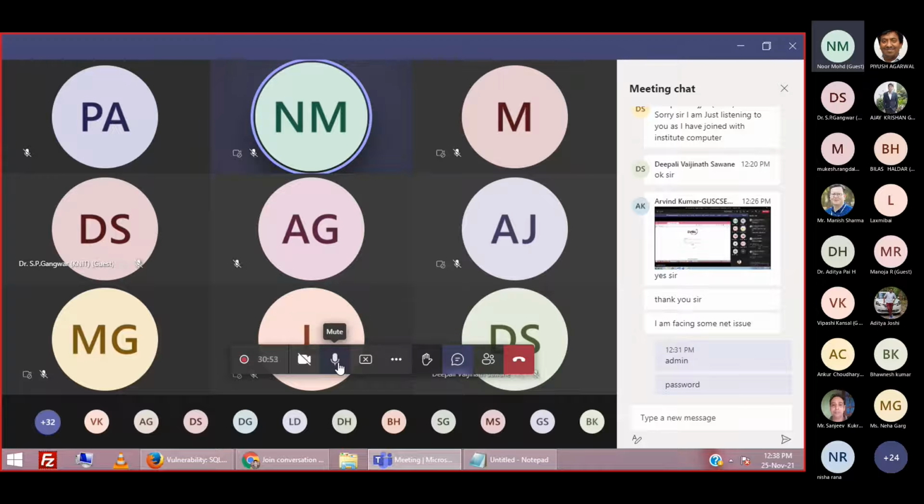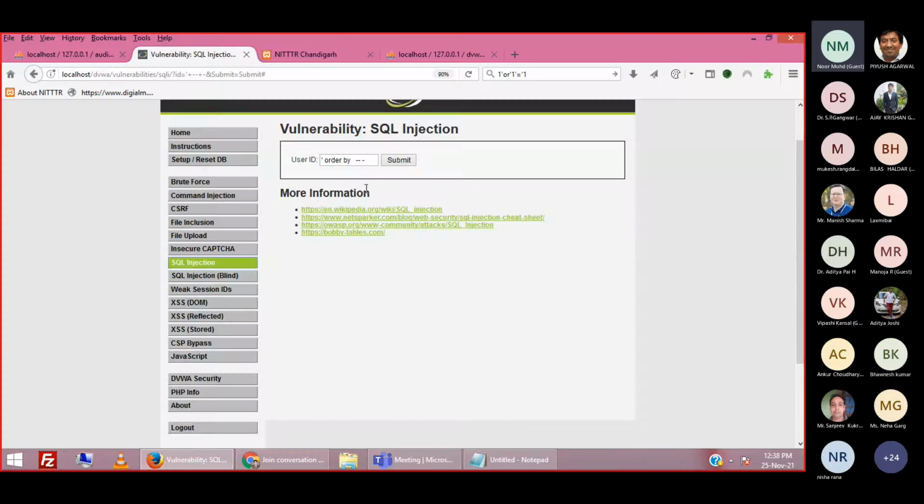So we have to test how many columns this particular query is running. So we are going to write here order by 1. We are doing some hit and trial. What hit and trial? We are extracting the information on how many columns the query written by the developer is running. So we are trying to order the result by column number 1. Let us check here.